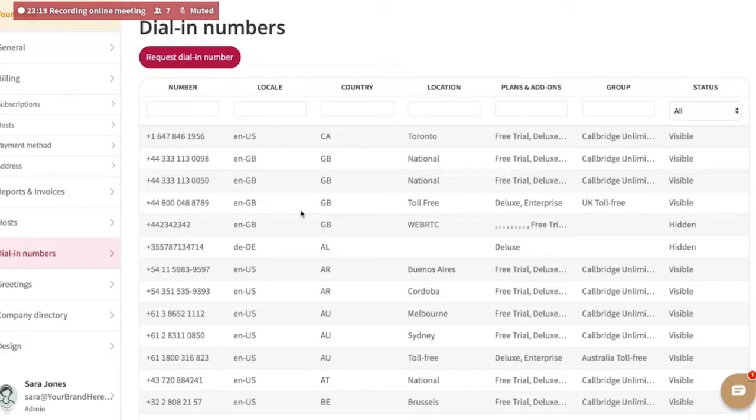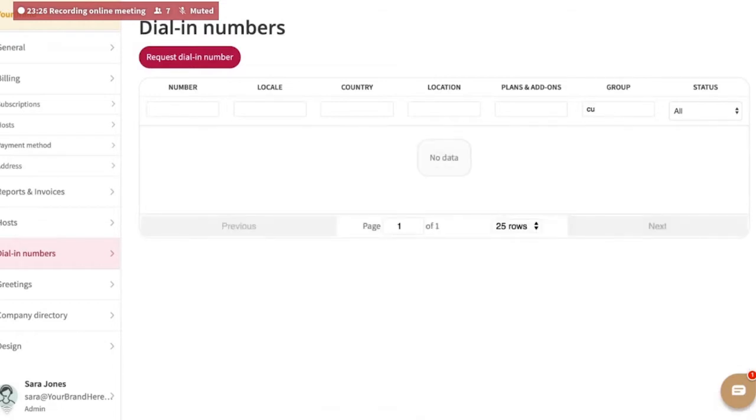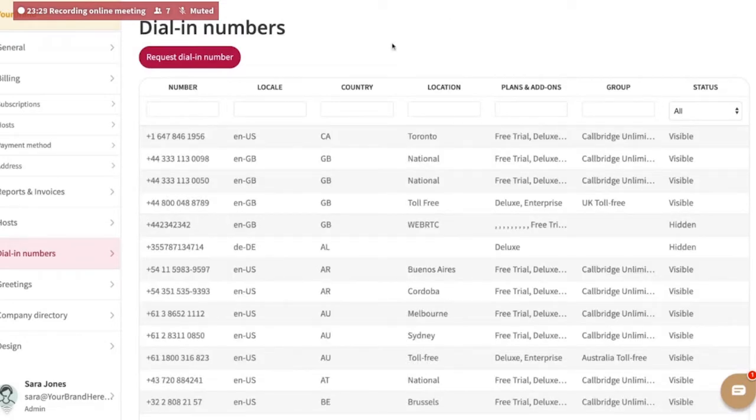Now, on this page, you're going to see all your dial-in numbers available, and I don't think we've got any custom number on this account. If you would like your own dial-in number that's not shared with other people that have Callbridge accounts, and you'd like that number to have a greeting with your own, welcome to my fish and chip shop conference line, or welcome to my design company conference line, you can do that